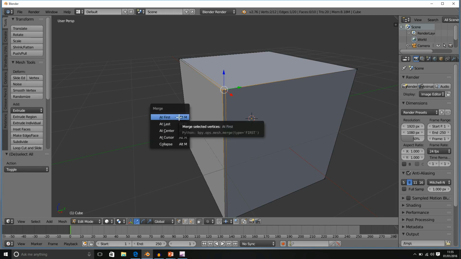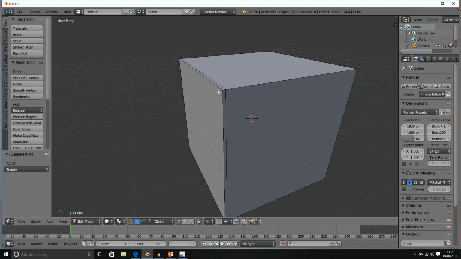So let's try at first. So I'm going to come out, deselect everything. The edge, the very corner, that's going to be our first vertex. Apologies. Shift and click. The inside vertex is our second or our last selected vertex. We're going to press Alt M at first, and we can see that the two have merged together.